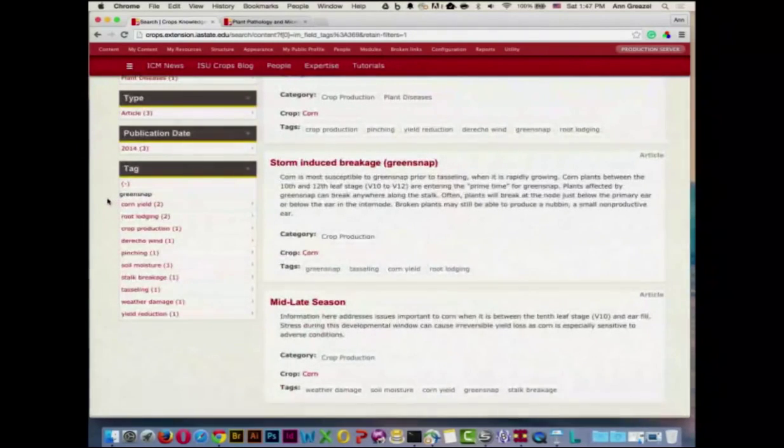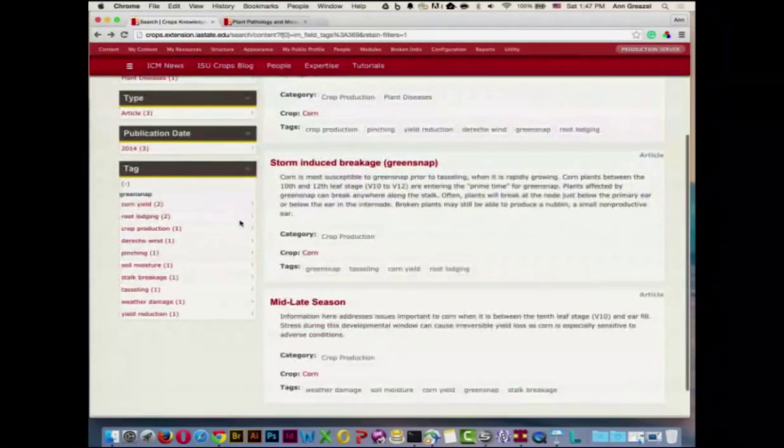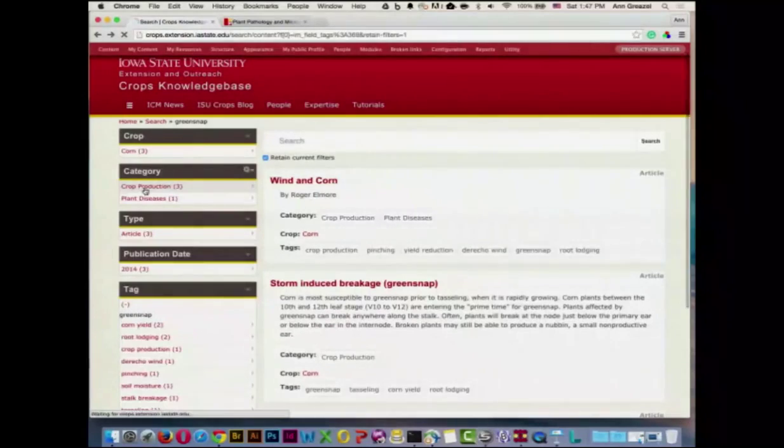Another thing that we allow is, we've added the ability to back out. So you're backing out of a term. So I chose green snap from the site index, but then I see, oh, there's other things that I'm interested in, and how about we just take that out of the scenario? So now I'm going to also select crop production.